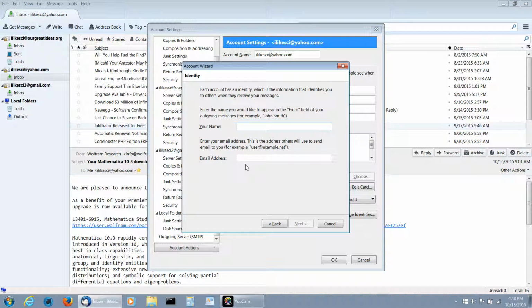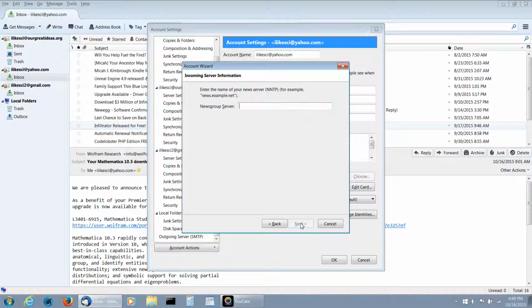I'm entering my name, I'm J. Kimbrough. And then my email address, and I Like Science at Yahoo is my default one that I like to check. I check that one more often than others. Now, the free news group that I use is